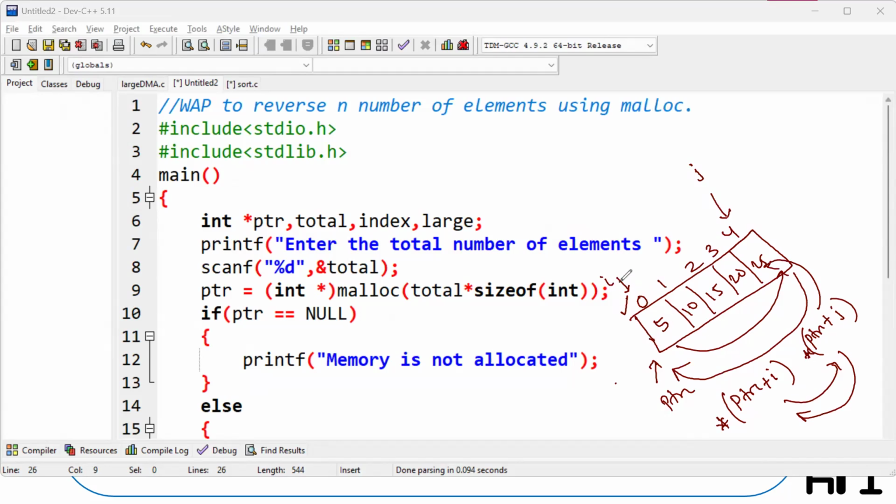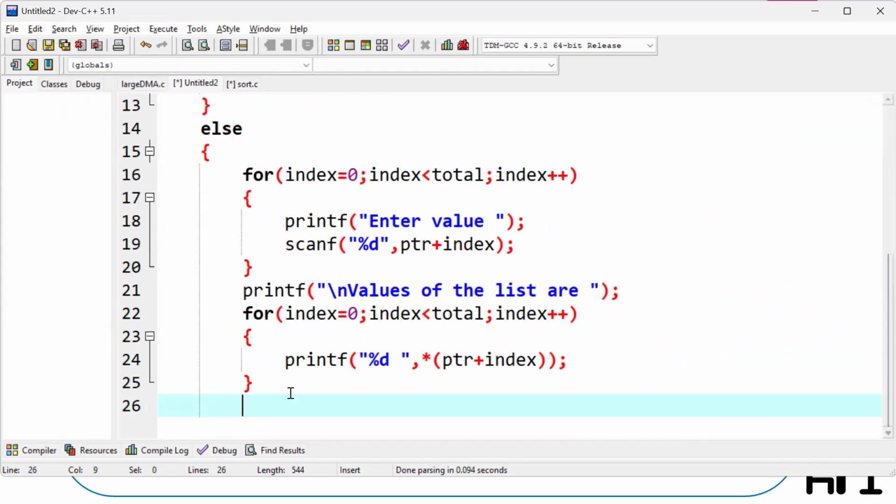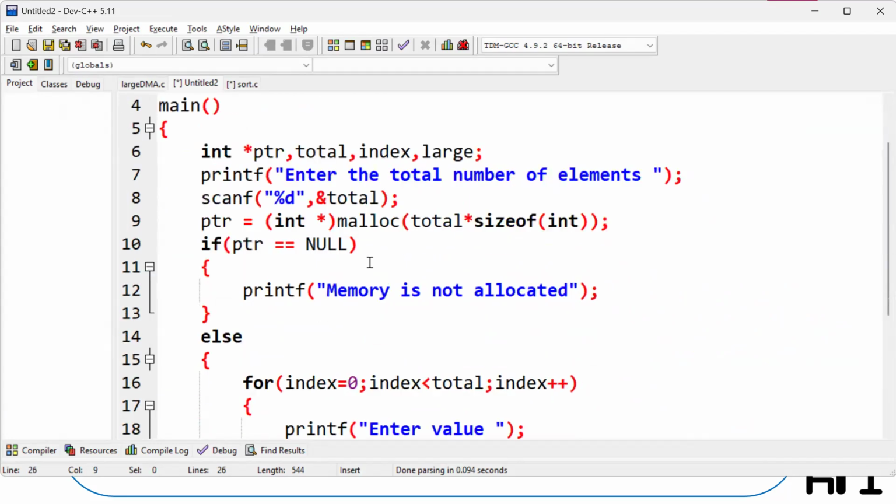After swapping, i will be incremented, j will be decremented. Again, I have to swap, and this will continue till i is not crossing your j, or till the half of the array. Okay, so we are doing reverse of n number of elements without using another array. Okay, so I need two variables,